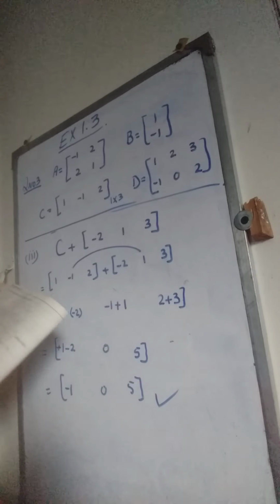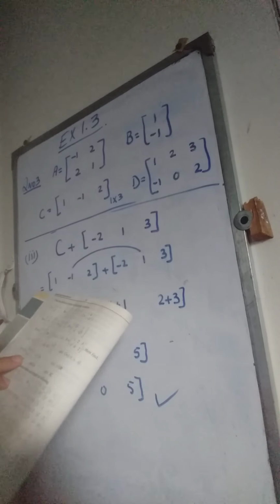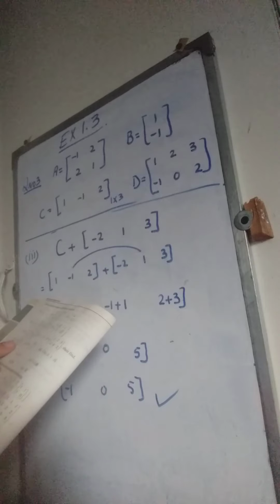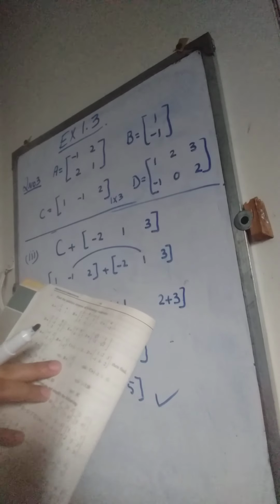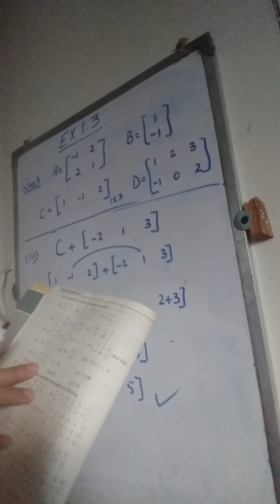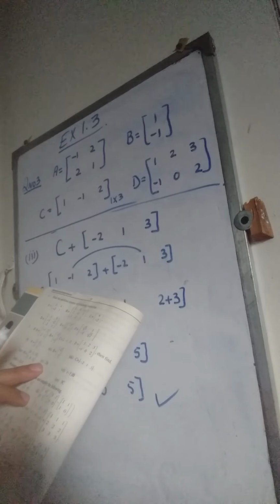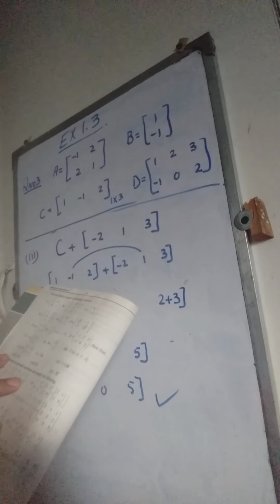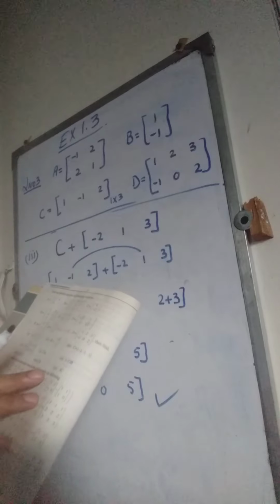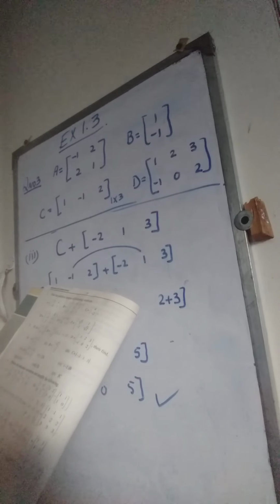Okay, coming to the next parts. The next parts are, you try those parts. Some of them are easy. For example, the B, the second part, the fourth part. Now coming to the fifth part, 5th, 6th, 7th, 8th and 9th. They are the same, but I will do the negative ones for you.